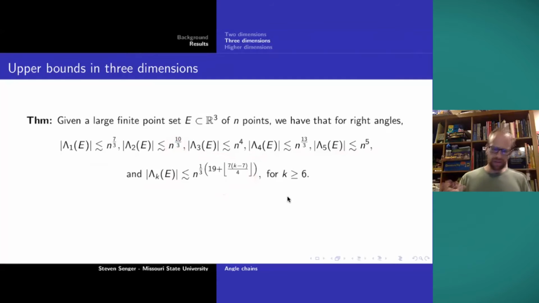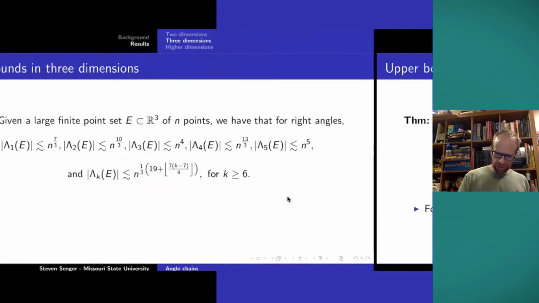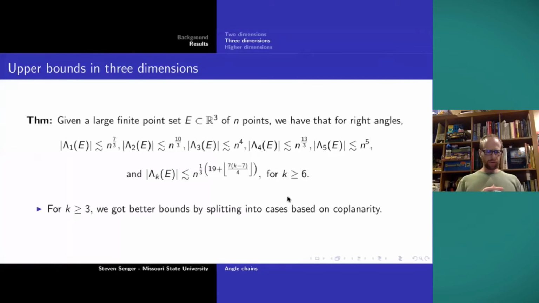But essentially, for the 2-chain case, we couldn't take advantage of what we could in the later cases, which is that we could split into cases based on coplanarity. So if I have these 3 points that are in a plane, if a 4th point is in a plane with them, then I can reduce down to the lower dimensional cases. If the 4th point is not in the same plane as those first 3, then I have a different set